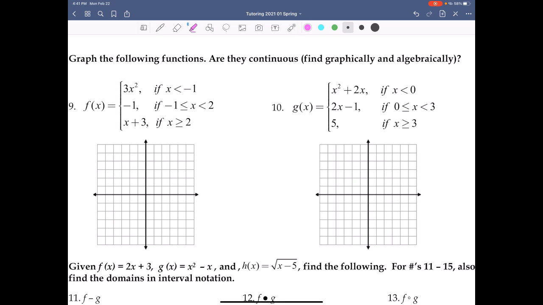Yeah, so this is just my temporary solution to record this for a student of mine. So let's say that we wanted to graph